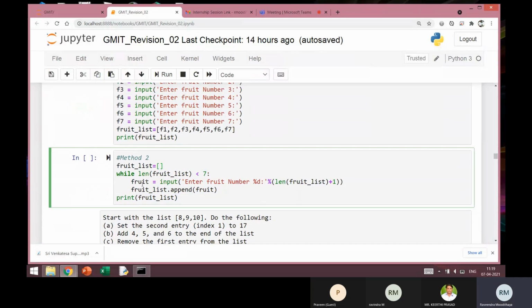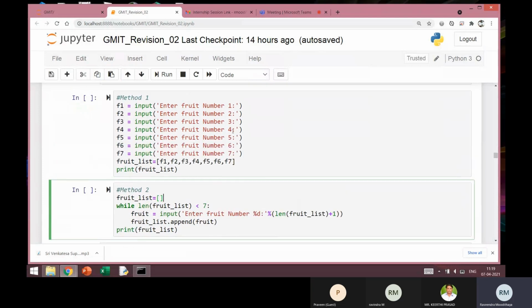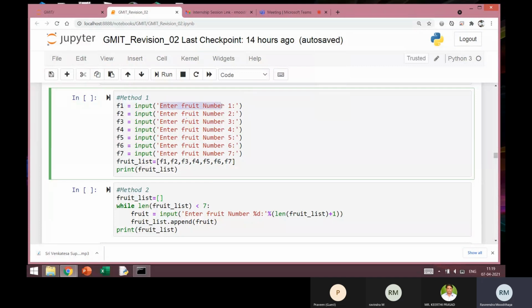Okay. What we write inside this is, I just take the input that is supplied by the user. And remember, we want to print this number 1, 2, 3, 4, 5, 6, 7. How can I do that? Enter fruit number. This is fixed in all the iterations of the while loop, but this number has to change.